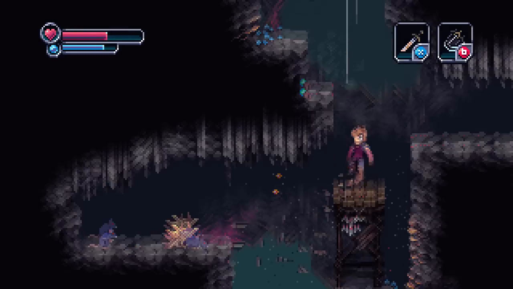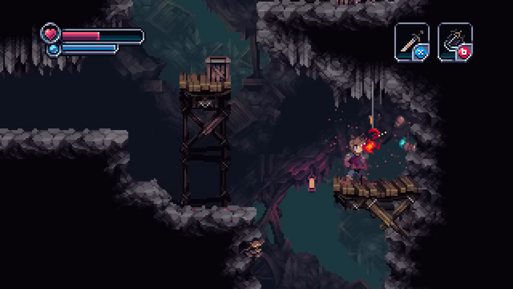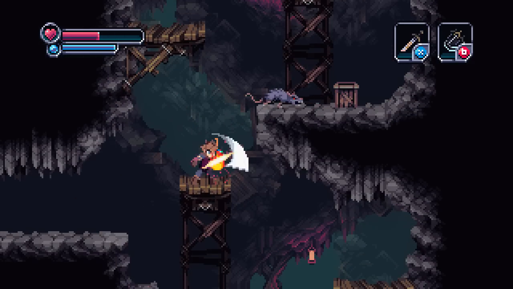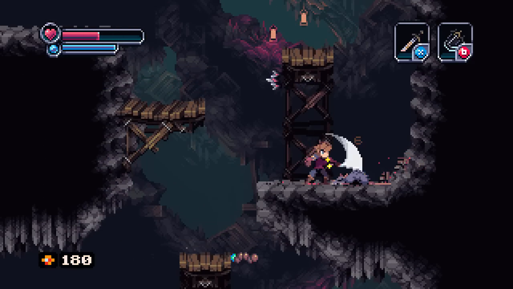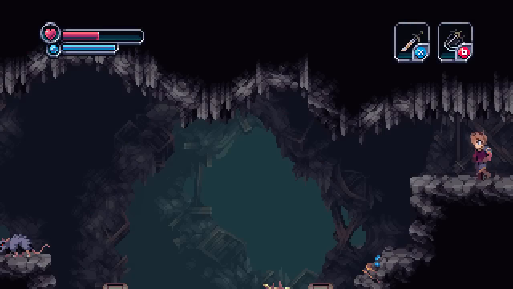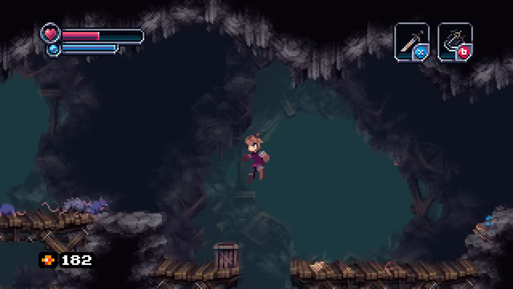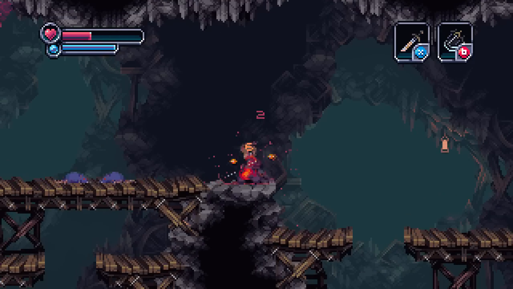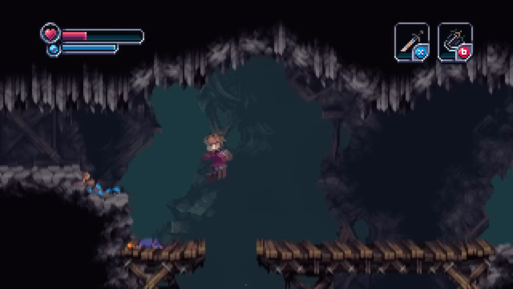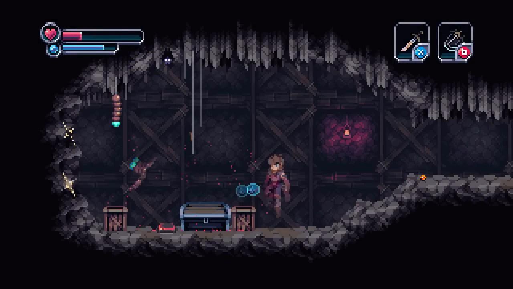Something I'm not sure is in this game, though I'm sure they would have it, because it's quite a necessity in any Metroidvania, is teleports. That's something I'd like to see if there is in this game or not. I'm not sure. We're dealing a bit more damage now, as you can see. I would probably see a higher damage if I found another weapon. But I haven't yet, so...